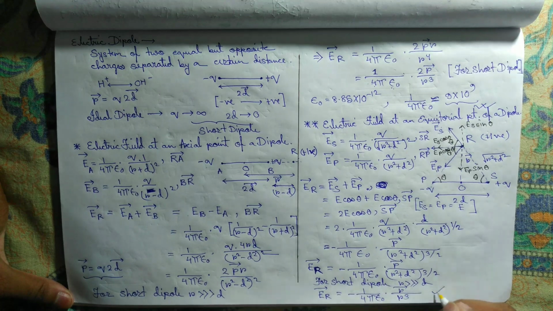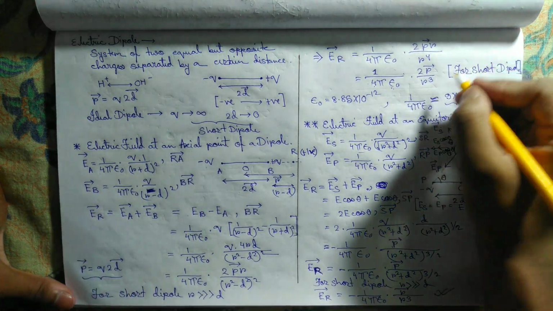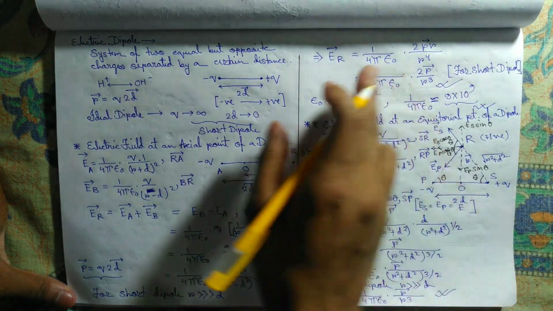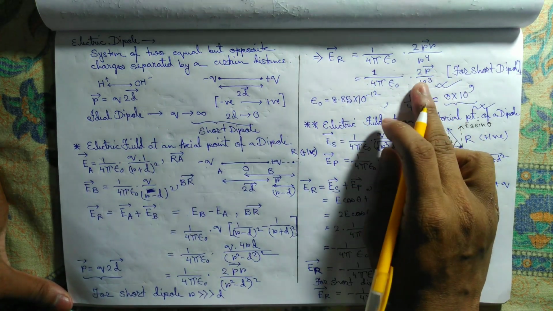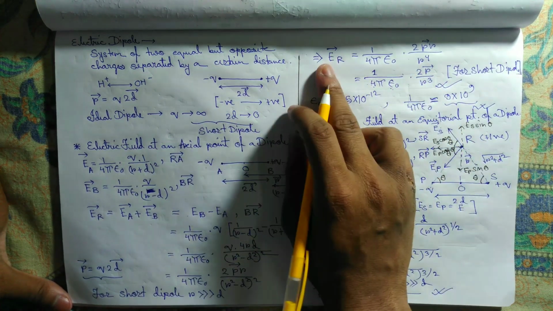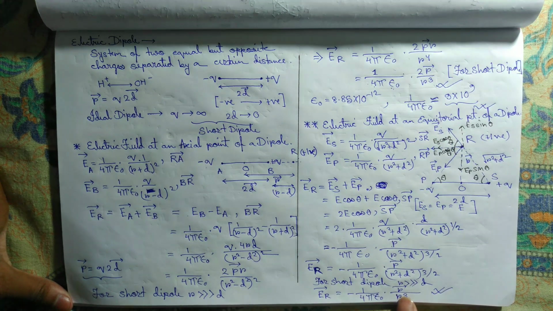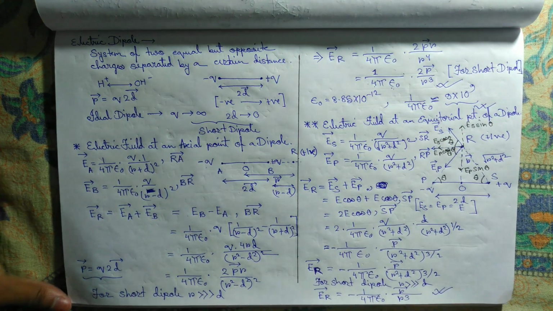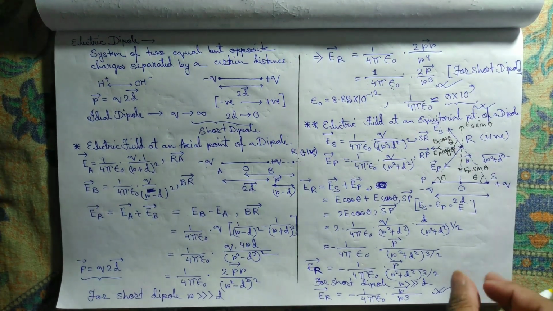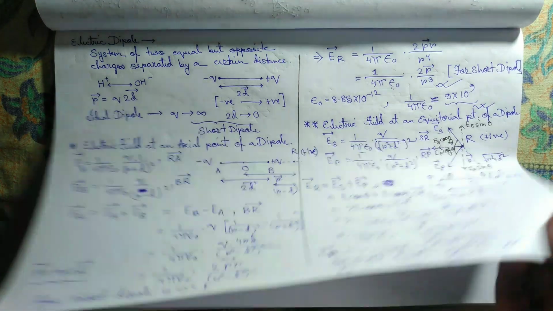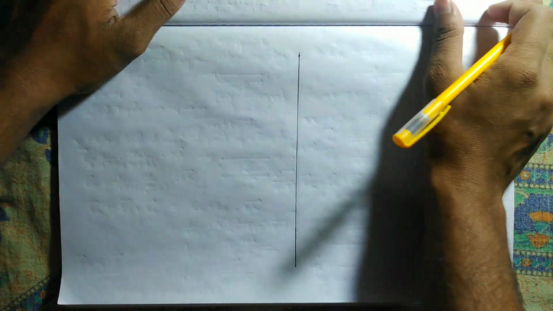Just try to remember this, because on the later part we will require that. Therefore, at the axial point the electric field is 2P by R cube, and here for the equatorial point it is P by R cube. So it will be needed on the later part. So now up to now we have just considered